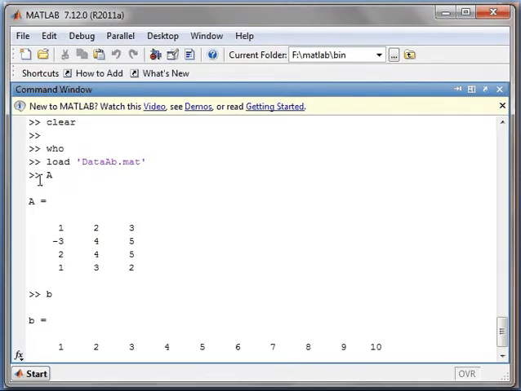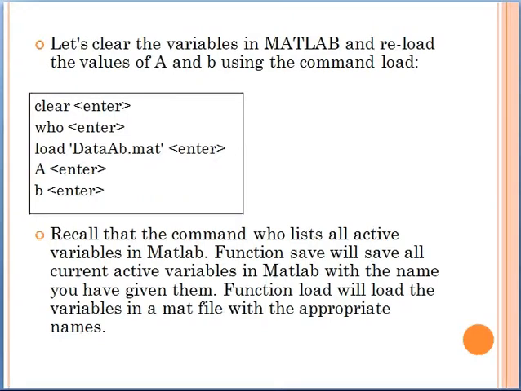After that I am writing A, enter, then it will give me the value of A and similarly the value of variable B. Also we know that the command who lists all the active variables in MATLAB. Save saves all the current active variables, and load will load the variables in a mat file with the appropriate names.